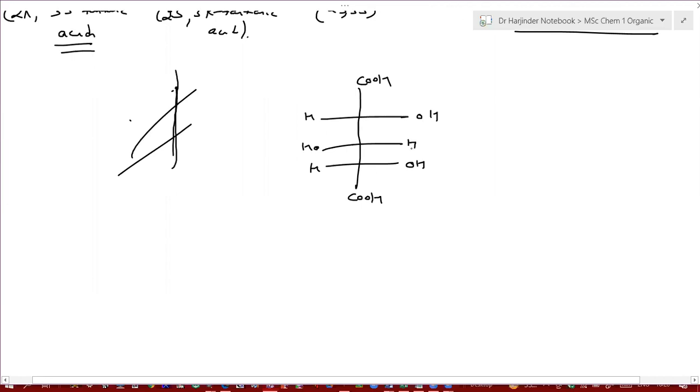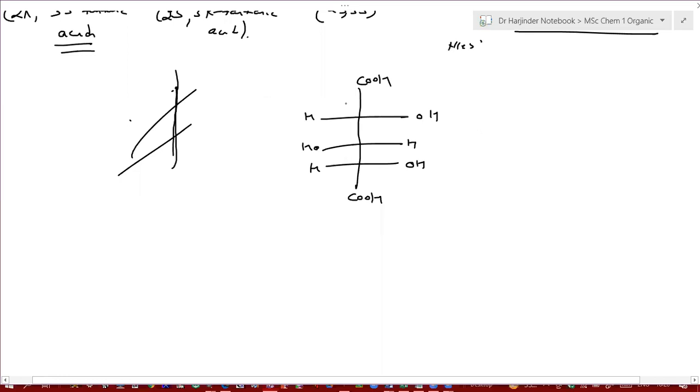First of all, tell me whether this compound is optically active or inactive. Inactive. Why is it inactive? It is a meso compound because of the plane of symmetry. If you put this carbon in the plane, it has a plane of symmetry. So this compound is a meso compound, optically inactive.